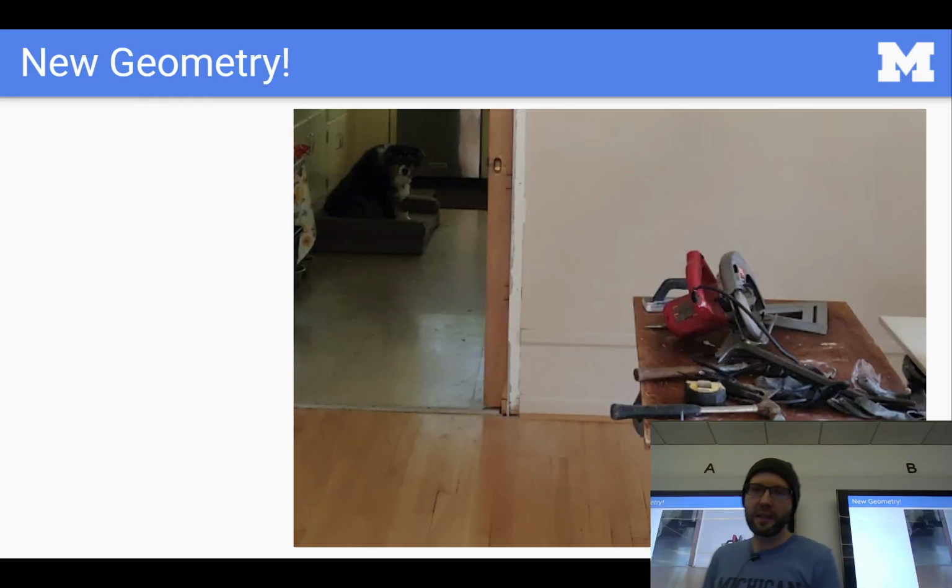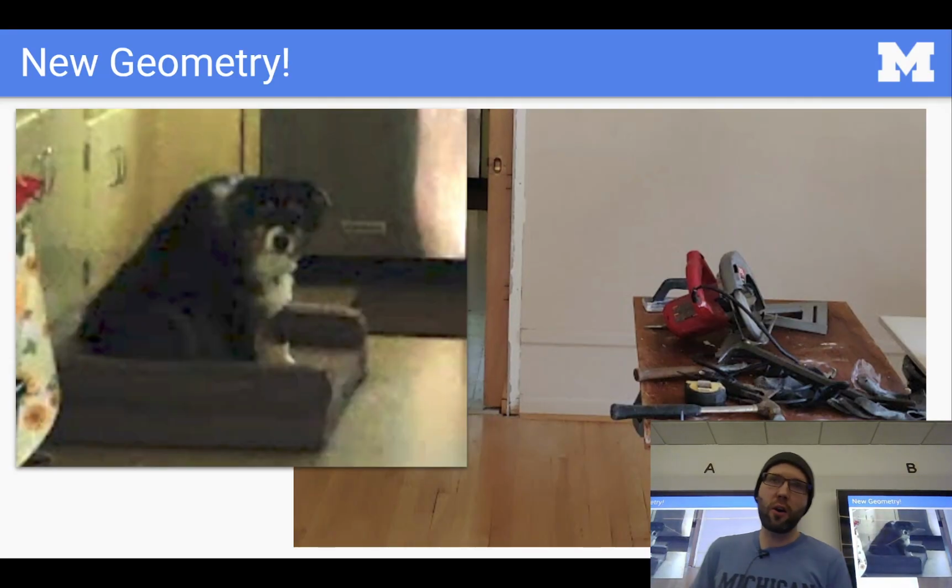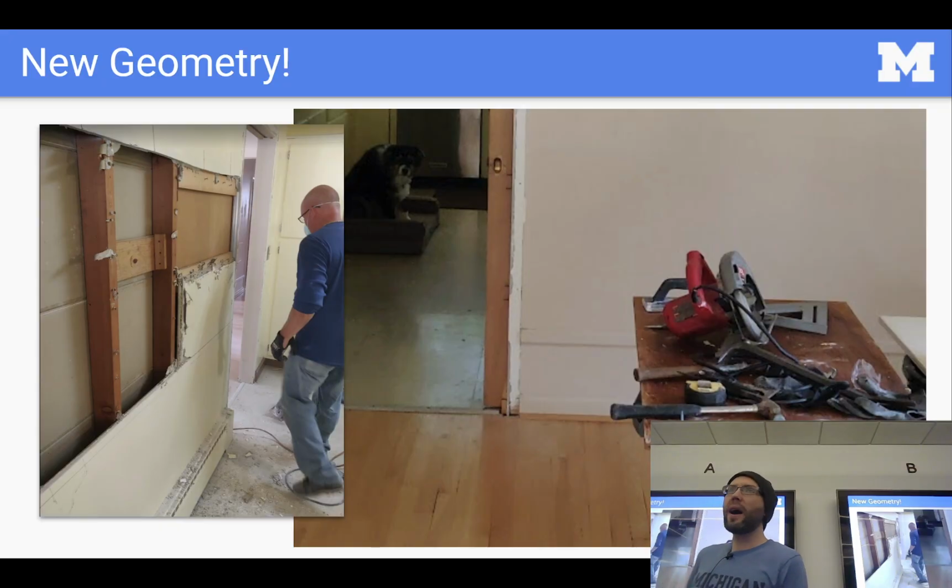3 seconds, no big deal. That's the magic of game engines. If you want to do this in real life, you have a horrible situation, a horrible problem. And my dog is looking at me over there thinking, what are you doing? If you want to knock down a wall or change geometry, if you want to do modeling in real life,